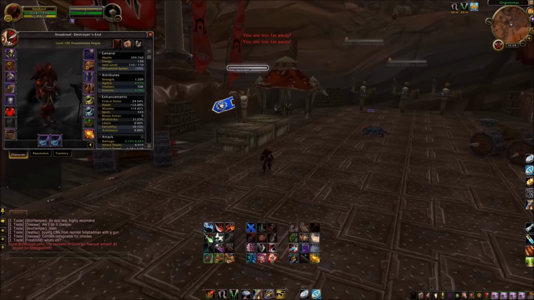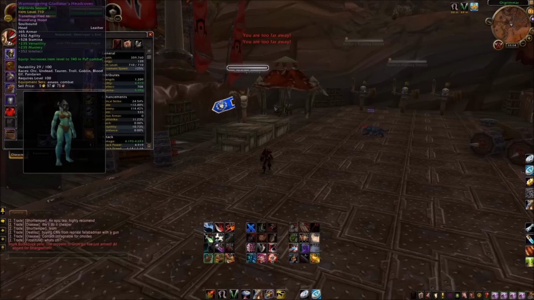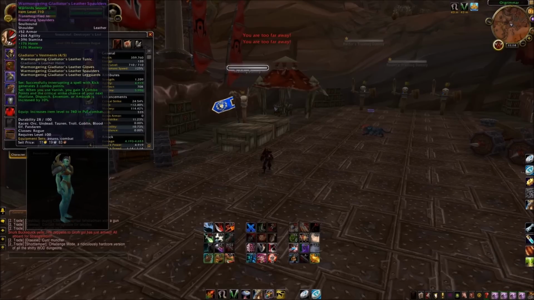So in my opinion, it's Mastery, Versatility, then you go into your crit, haste, things like that. But it's pretty much Mastery and Versatility that you want to stack. As for your gear, you want to get your helm off piece, because it's just straight Versatility and Mastery. As for the rest, you don't want to miss out on your 4-set bonus, basically,